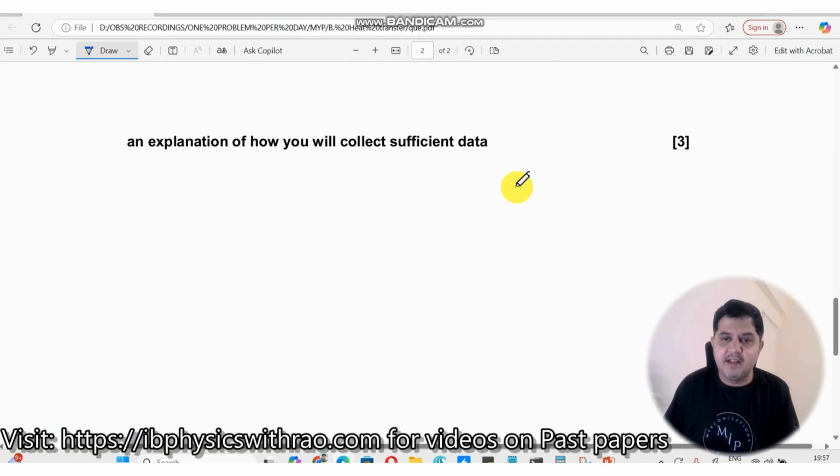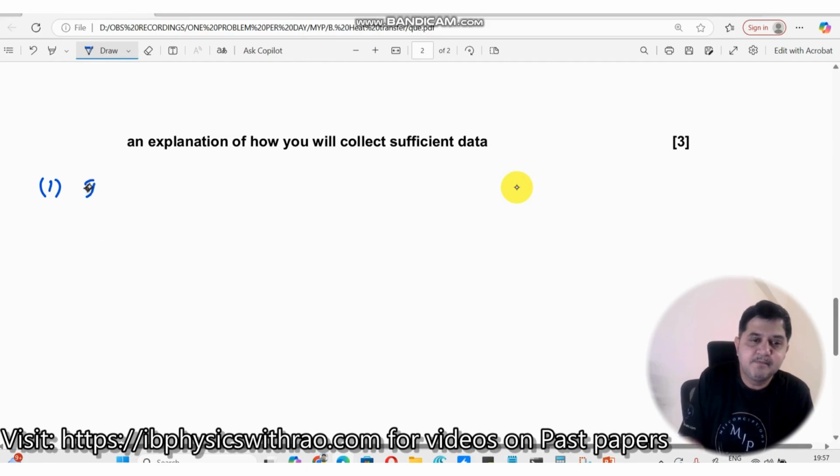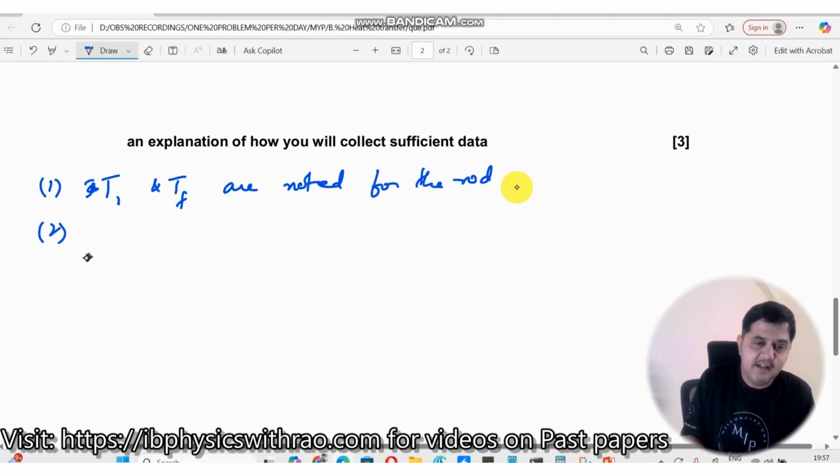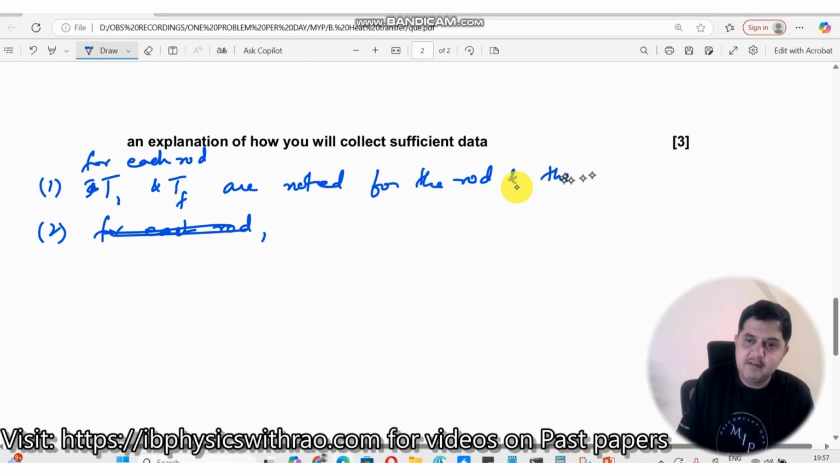An explanation of how you will collect sufficient data. How do you collect sufficient data? So what will you do? So, for 3 marks, Ti and Tf are noted for the rod. This is a repetition of what we have done earlier. And secondly, say for each rod, I think I have to write it. For each rod, Ti and Tf are noted for the rod, and the steps